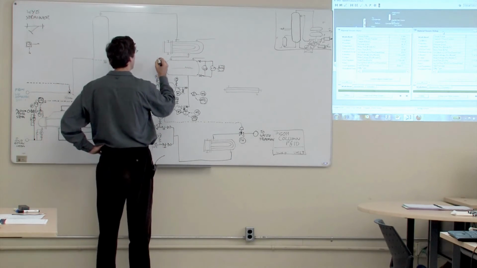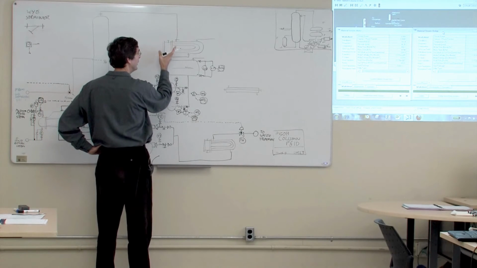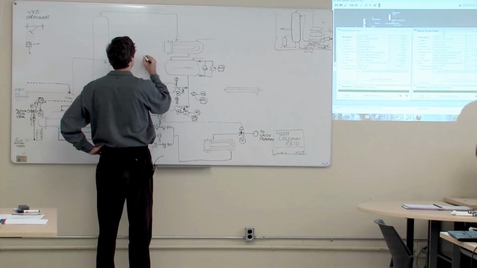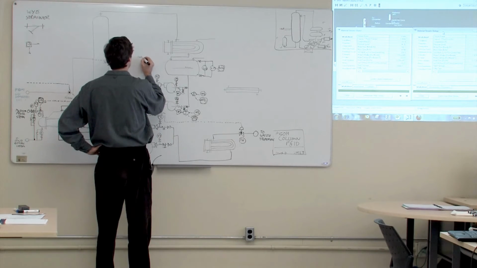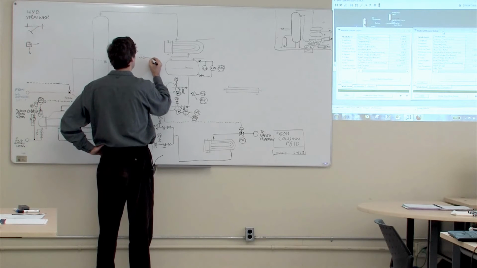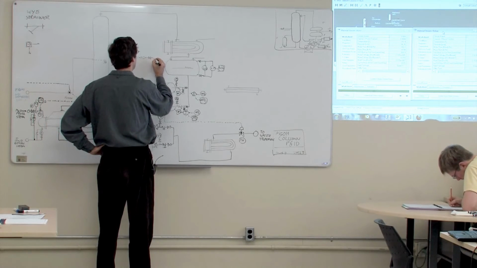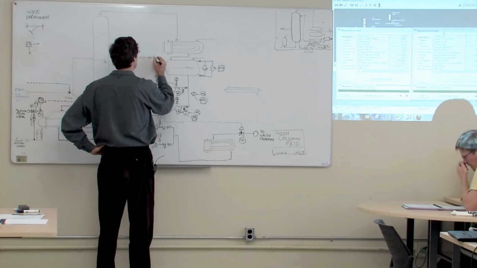I'm going to need cooling water coming in here, so I'm going to bring the cooling water in from the bottom so it vents out the top. And I'm going to cheat right now, and just put cooling water supply here. And I need an isolation valve. Should I cascade it? No, I'm not going to bother cascading it for now. So I'm just going to put a cooling water